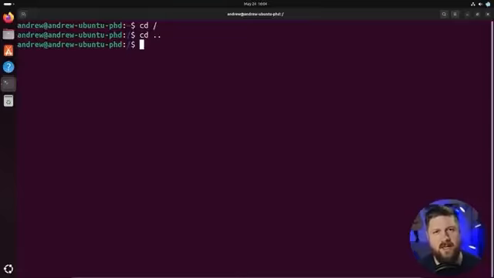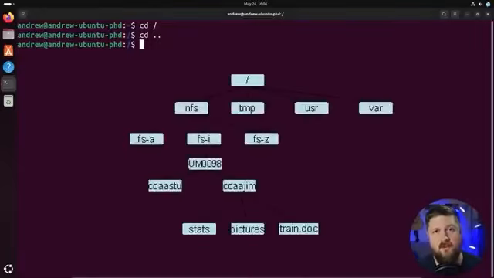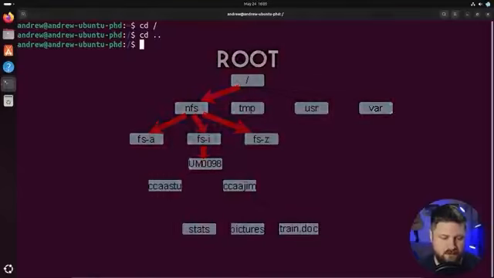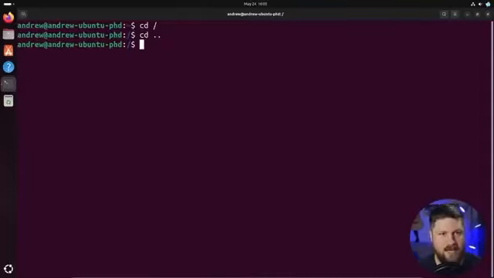So one of the ways that I like to think about it and why it's root is that if you think of a file system being like a tree, where from the root of it, we can then branch out with the folders that are underneath it. And each of those folders can have more folders or subfolders, and they can branch out. And at the very base of it is the root. And so the root of our file system is where all the other files and folders are going to originate from. So of course we can run ls here and see the different folders that are in the root of